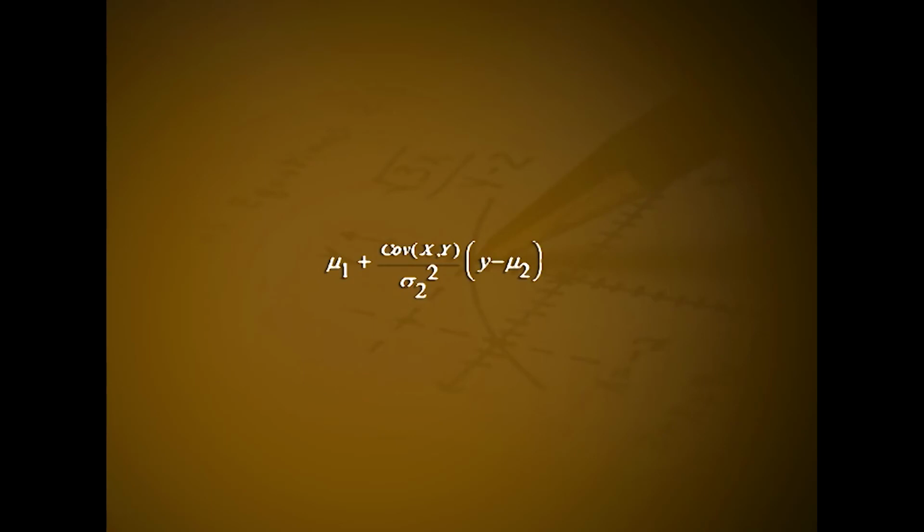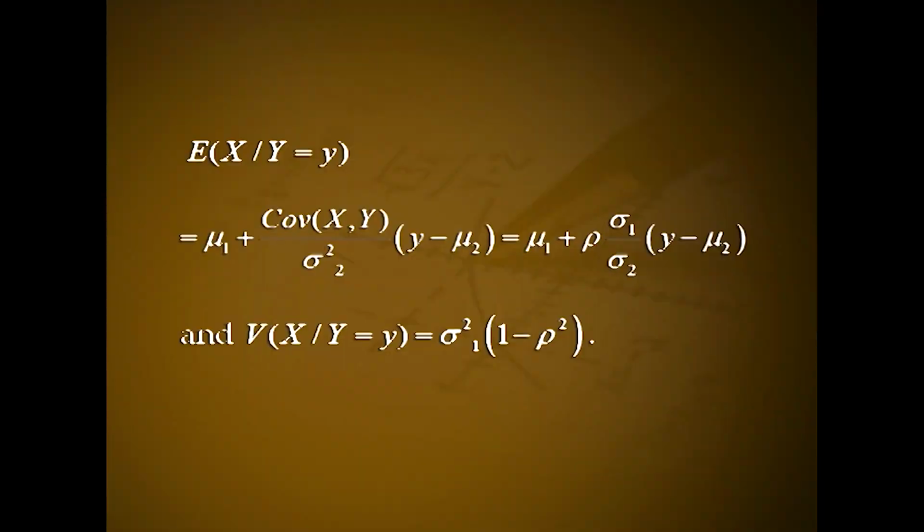This is in the form of the PDF of a normally distributed random variable with the mean mu 1 plus covariance of xy by sigma 2 square into y minus mu 2 and standard deviation sigma 1 into square root of 1 minus rho square. That is, the conditional distribution of x given y equal to small y is following normal distribution with the conditional